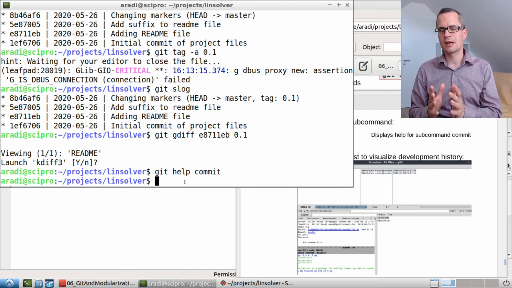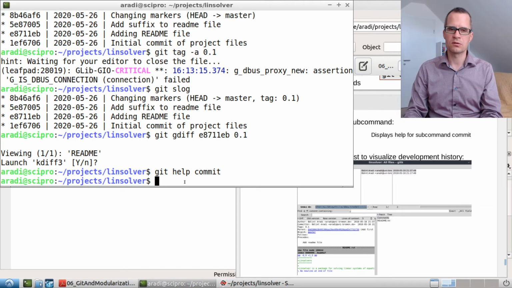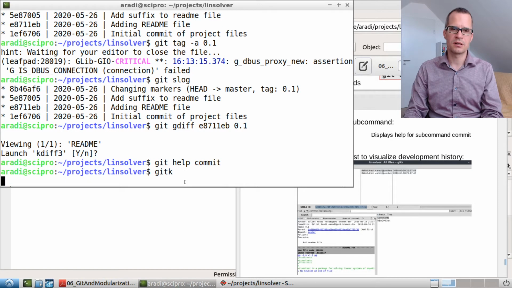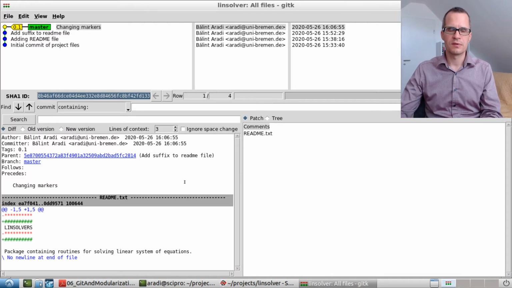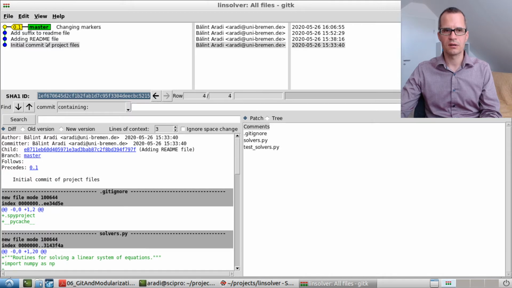At the beginning, I really suggest not to use them in order to execute Git commands, because you should use the command line. But it's very nice to investigate Git history. And one possibility you can use is gitk. It's a very simple one, and the nice thing is here you see the history in a graphical projection,